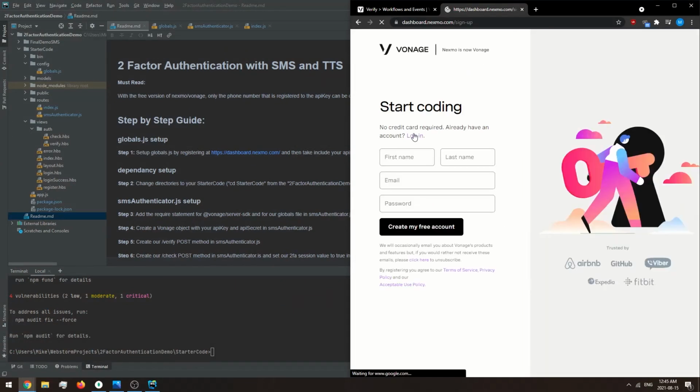So if you don't have an account, sign up, enter your information. They'll send you an email. You'll have to go to your inbox and verify that. And then they'll ask for your phone number. I would recommend making your own account, as this website won't really be functional if you're trying to use my information. Once you have all that, you can log in,